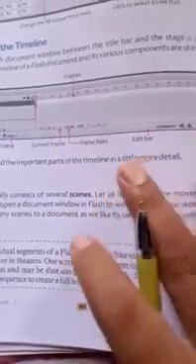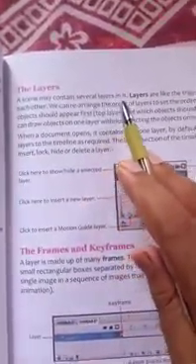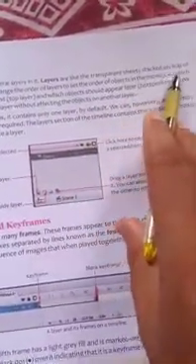Next is the layers. A scene may contain several layers in it. Layers are like transparent sheets stacked on the top of